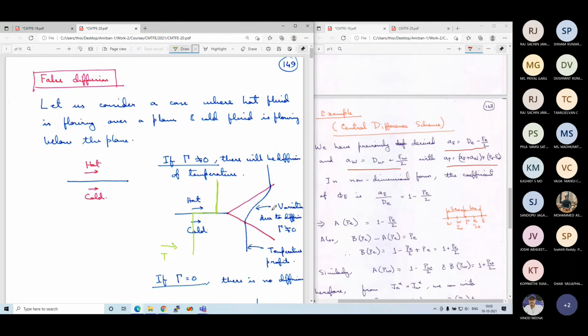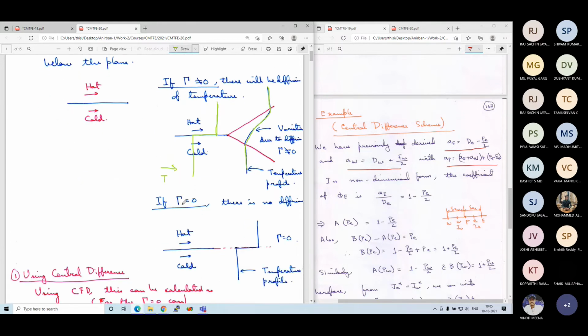After they are allowed to diffuse, the temperature profile looks like this. At the top, far away, where there is still no effect of diffusion, it is still the high temperature, and at the bottom also, far away from the central axis, where the effect of diffusion has not caught up, the temperature is the low temperature. But in between, there is a transition of temperature. There is a temperature gradient that is set up due to diffusion. Under steady state, if it occurs for a long time, it will become like a straight line, but initially it is like this. So this is the temperature profile.